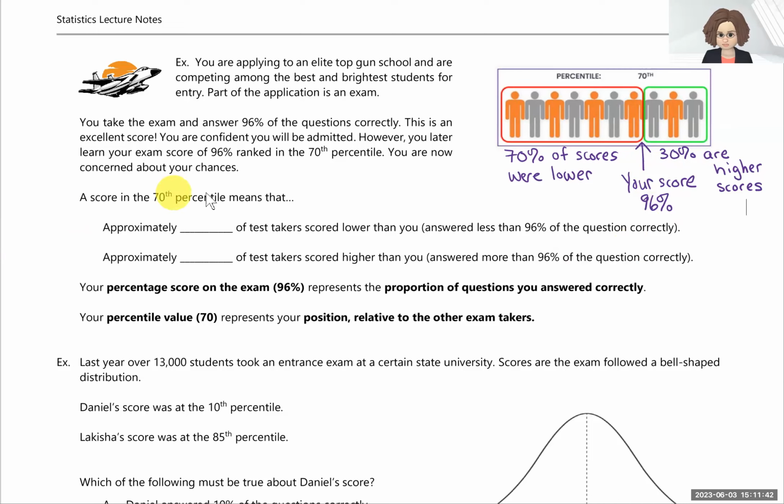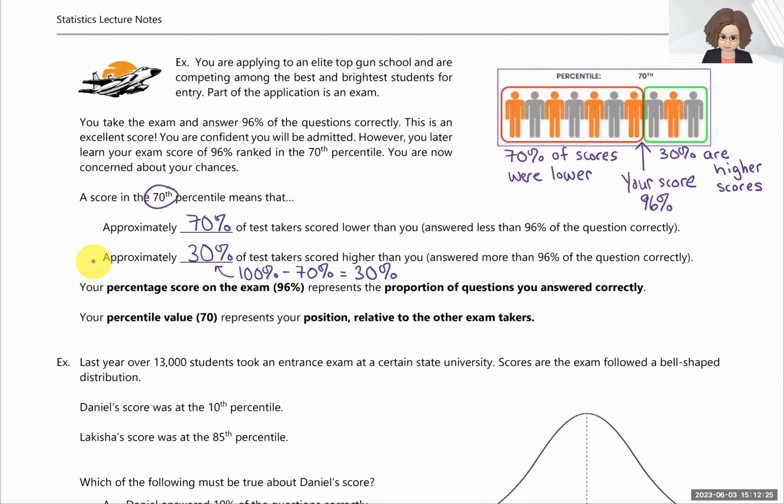All right, so a score in the 70th percentile means that about 70% of test takers scored lower than you. So our common use definition of percentile, it indicates the percent of data lower, percent of data below. So if 70% scored lower than the other 30%, because 100% minus the 70% would give you the remaining 30%. Sorry, I was just going to show you the work there. So 100% minus the 70% below,